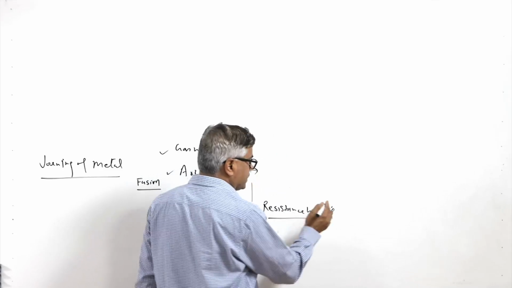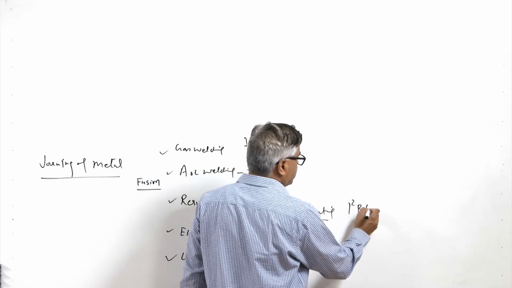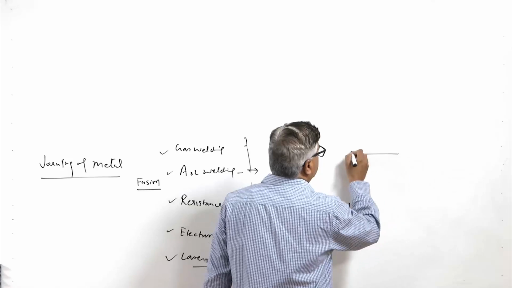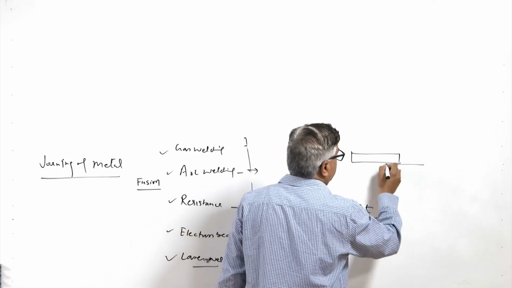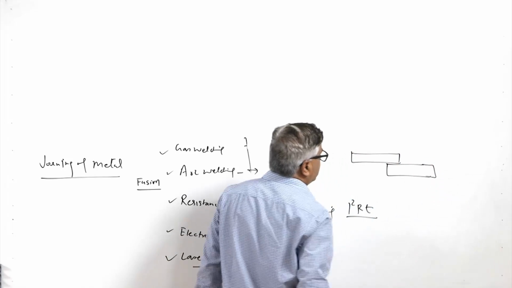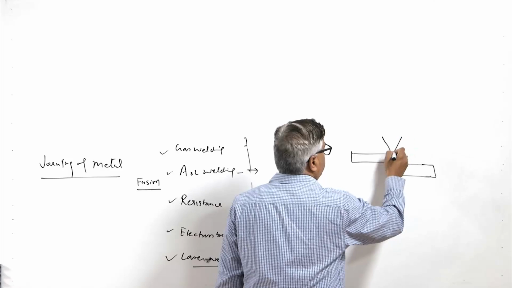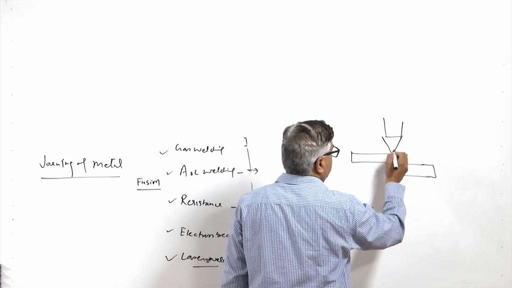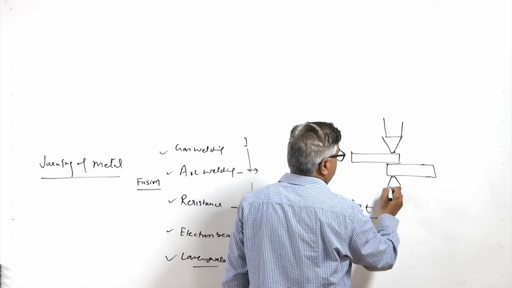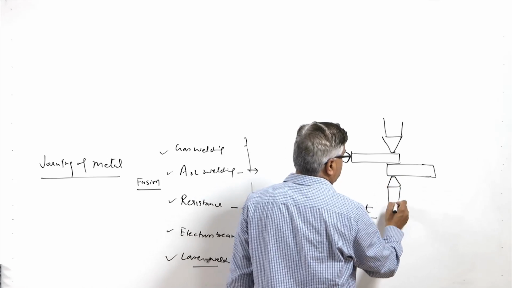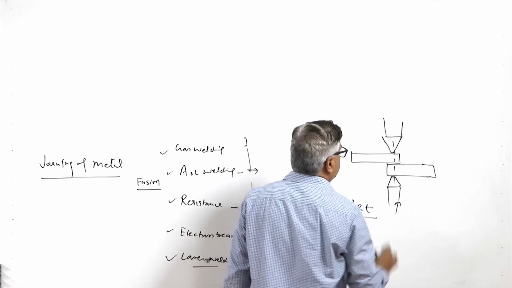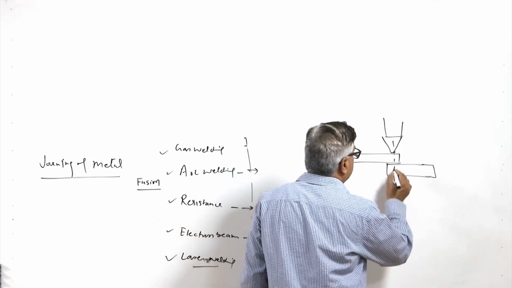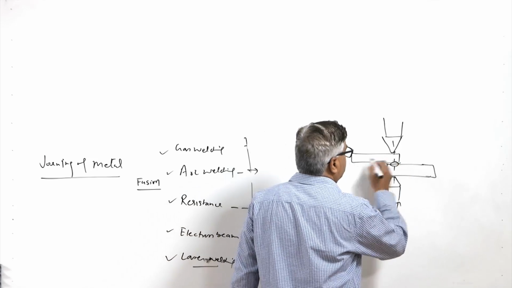In case of electrical resistance heating, the I squared RT principle is used, wherein the surfaces to be joined, the components to be joined, are brought in contact under pressure. With the help of electrodes, we feed the power, normally using copper electrodes. The flow of current through this results in the maximum contact pressure being observed at the